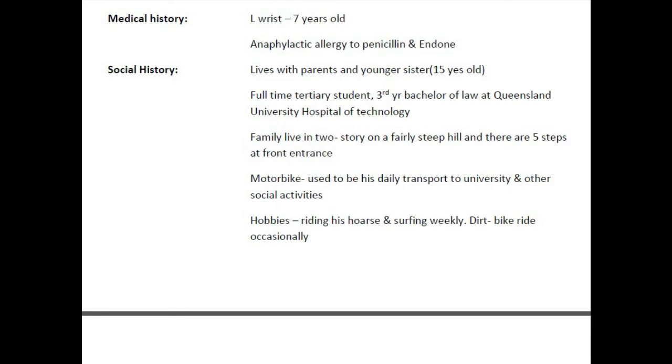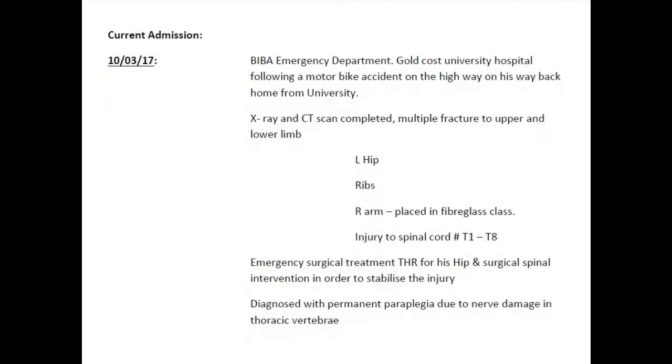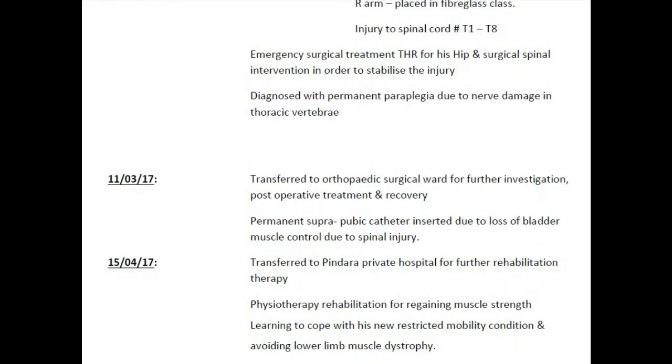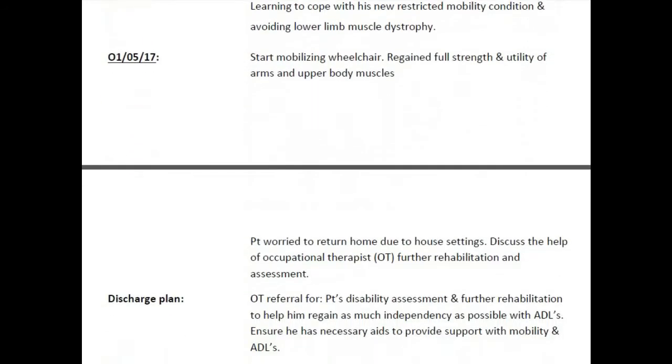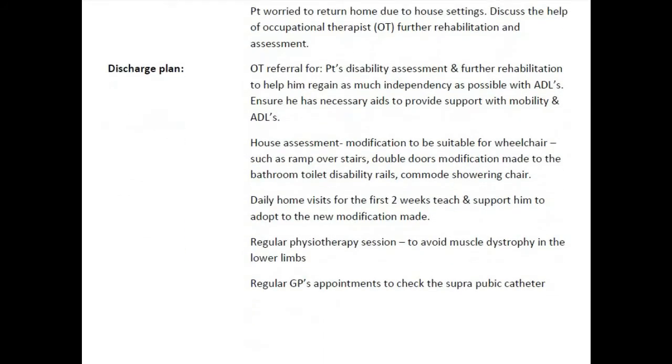Also, while framing the letter, you can condense a lot of things together in one single sentence. You can condense the admission procedures and the surgical intervention he underwent during his hospital stay at Gold Coast University Hospital. You must pick out all the relevant information regarding his condition given in the current admission section and discharge plan, and it has to be mentioned in the letter because that is where the occupational therapist has to focus on. This is a straightaway question and you can pick the relevant ones and omit others easily. Taking all these points, we have to prepare a letter in an organized manner.